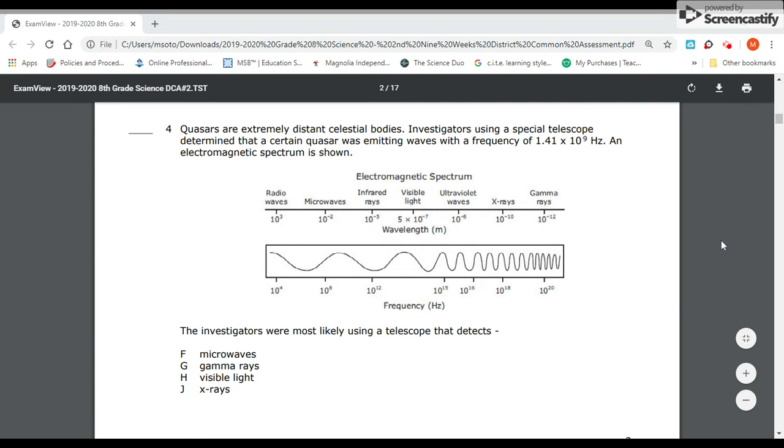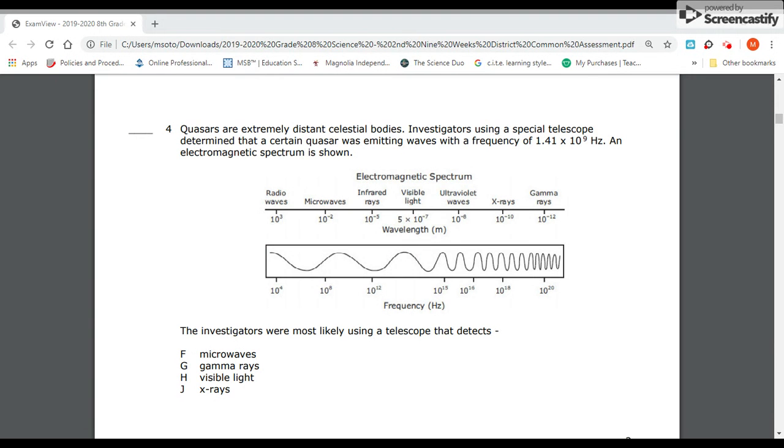Quasars are extremely distant celestial bodies. Investigators using a special telescope determined that a certain quasar was emitting waves with a frequency of 1.41 times 10 to the ninth power. An electromagnetic spectrum is shown. The investigators were most likely using a telescope that detects